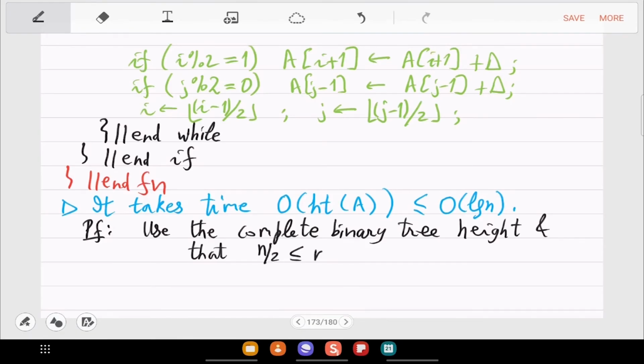And that n prime is very close to n. Okay, so I should maybe say in terms of n prime then. So then I should just say maybe size of the array, number of integers you had.